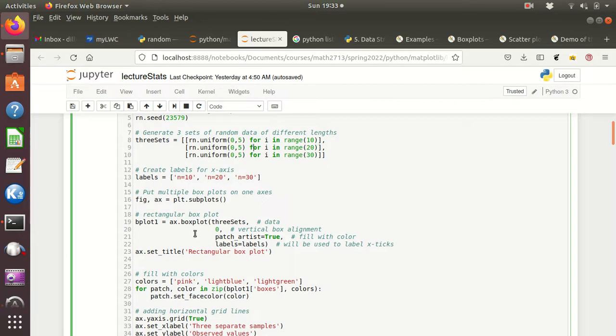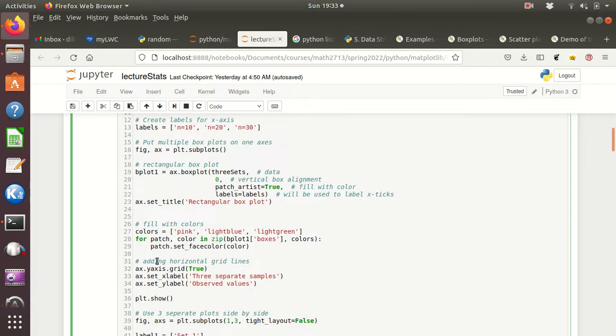Now here we'll see you don't necessarily need this thing with the box plot 1 and all this, but it's assigned here to a variable. You could just write ax.boxplot, but the thing is, in this particular case,